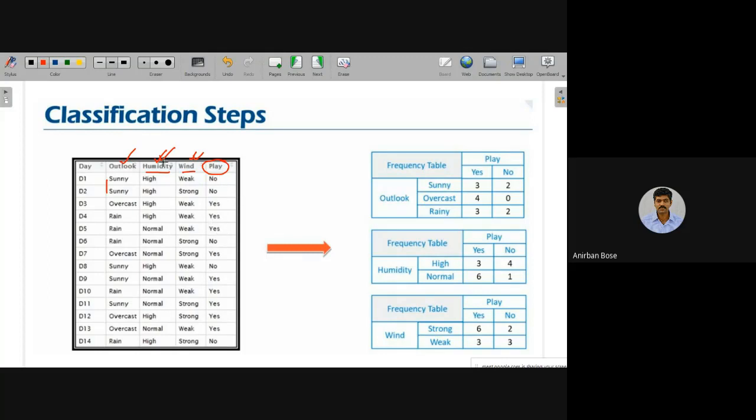So this is the data set, and this is the problem, and we can solve this kind of problem using the naive Bayes technique. Exactly in a similar way, you have to create this kind of a frequency table. So let us consider one of the features. If we take say outlook, corresponding to outlook, you first see what are the unique values, the sunny, overcast, and rainy, and then you just count the play corresponding to yes or no.